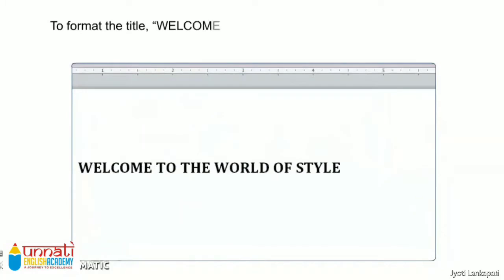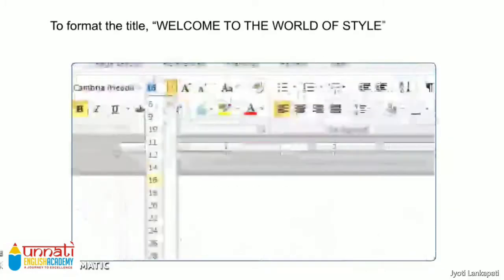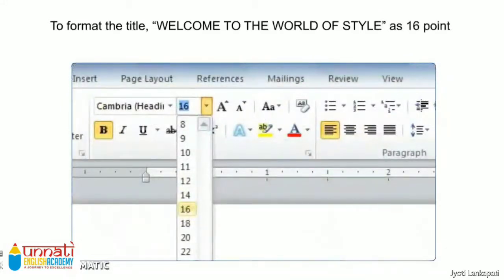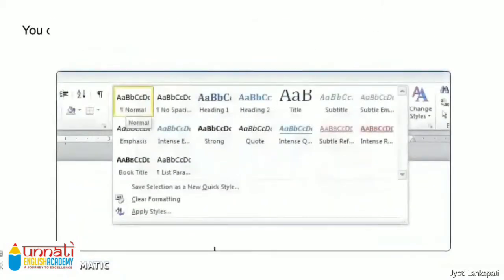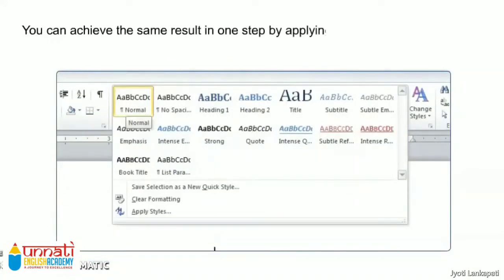To format the title, for example, Welcome to the World of Style, as 16 point, bold, font family Cambria, you would require 3 steps. You can achieve the same result in one step by applying the built-in Heading 1 style.